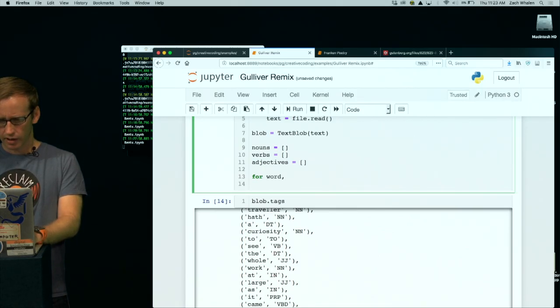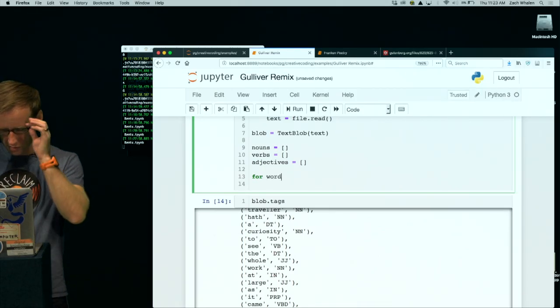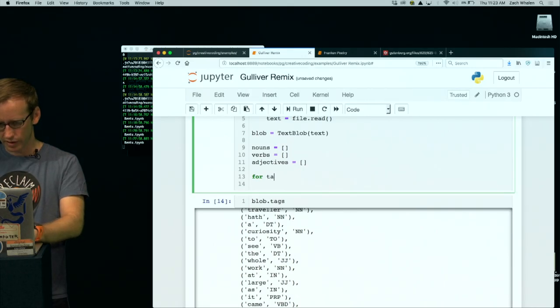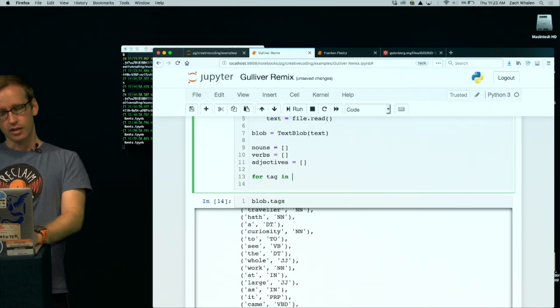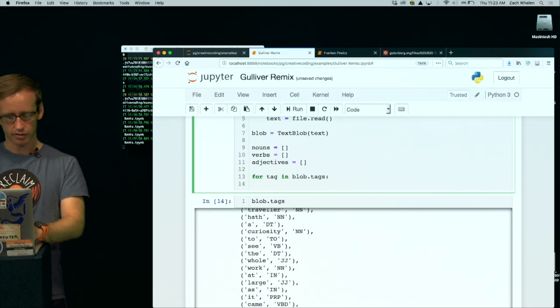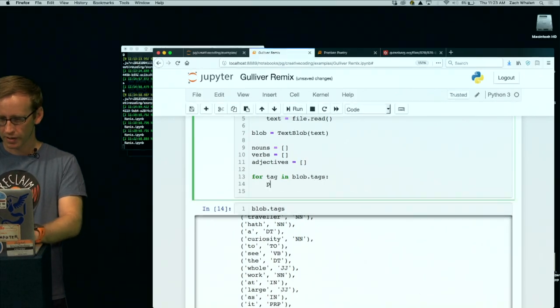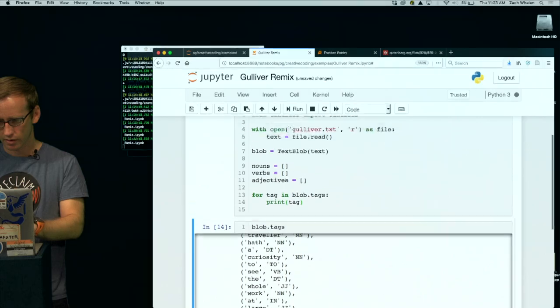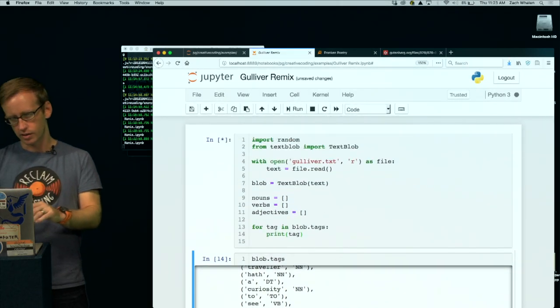So I will do it like so. If I do it like this, for a tag in blob.tags, if I ask it just to print that tag, you'll see the tuples, maybe. It's going to take a minute here to work through these.